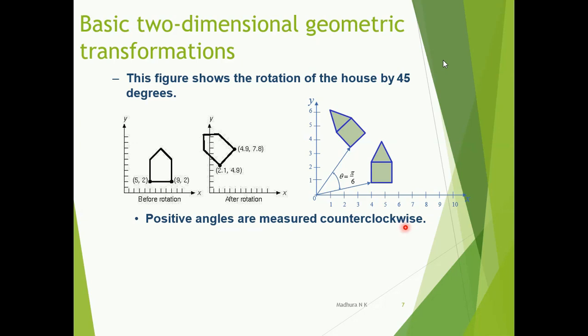That is when your angle of rotation is counterclockwise. If your angle of rotation is negative, or say you have a clockwise direction rotation, then you just change the formula to x dash is equal to r cos(phi minus theta) and y dash is equal to r sin(phi minus theta). So you know the formula of cos(A minus B) and sin(A minus B). That same formula you can apply in case of clockwise direction rotation.